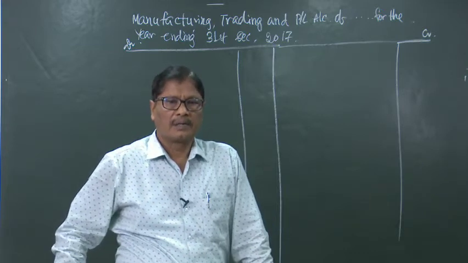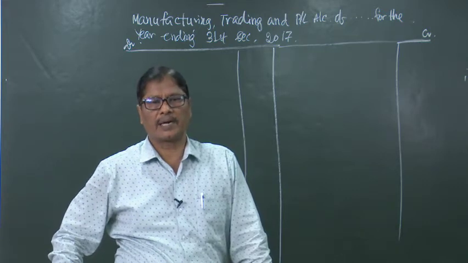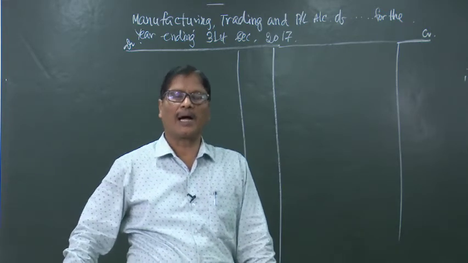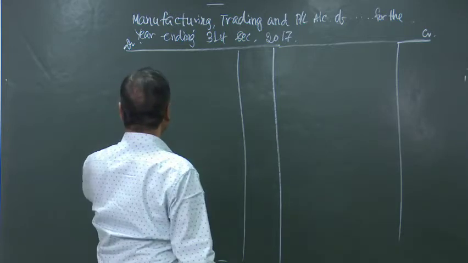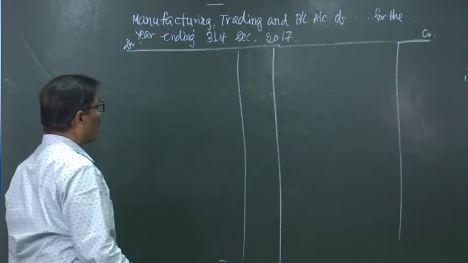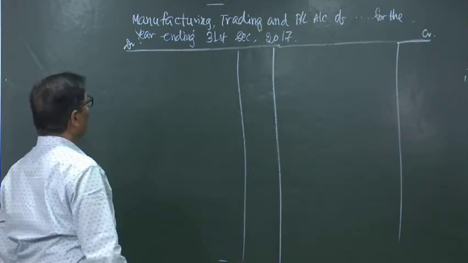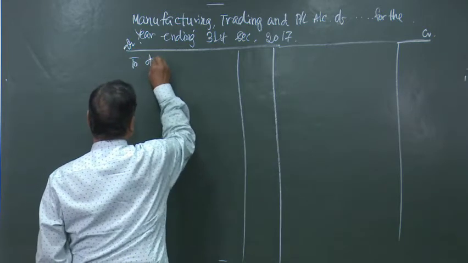Let us take an example of a manufacturing, trading and profit and loss account, everything taken together, and also the balance sheet. We will prepare the balance sheet after that. First of all, let us take some examples of items which will appear in the manufacturing account. First of all, we will write the opening stock